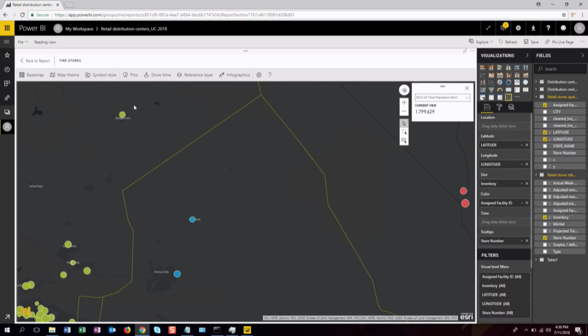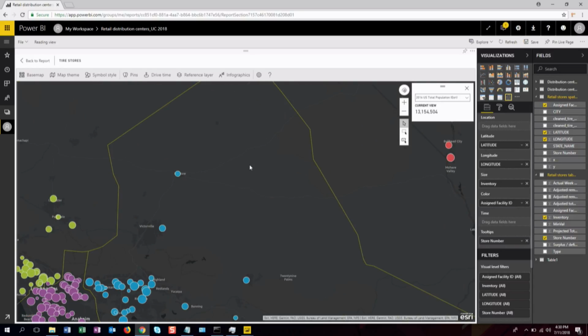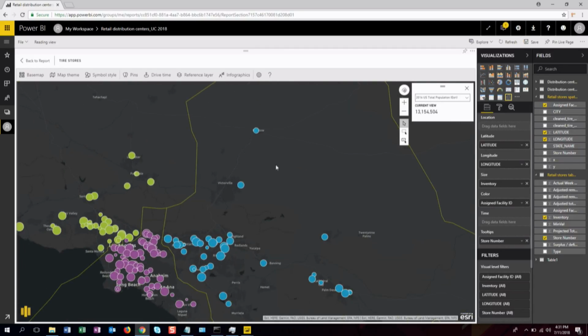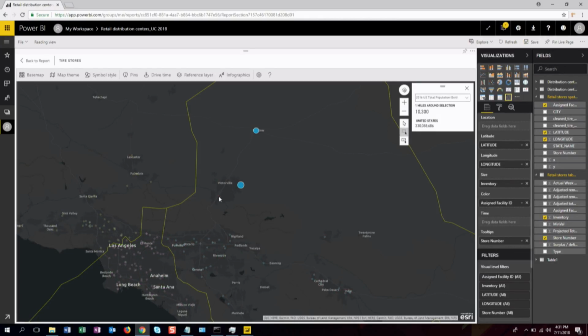So when I pan and zoom, it updates to tell me about what I'm looking at. And I can also come in here and make a selection, and it'll very quickly tell me information about the demographics around those features. And I can even customize that, so I can have that be a drive time if I want, or maybe a 10-mile radius instead of the 1-mile radius. So it's a very, very powerful and easy way to get a little more demographic data onto the map